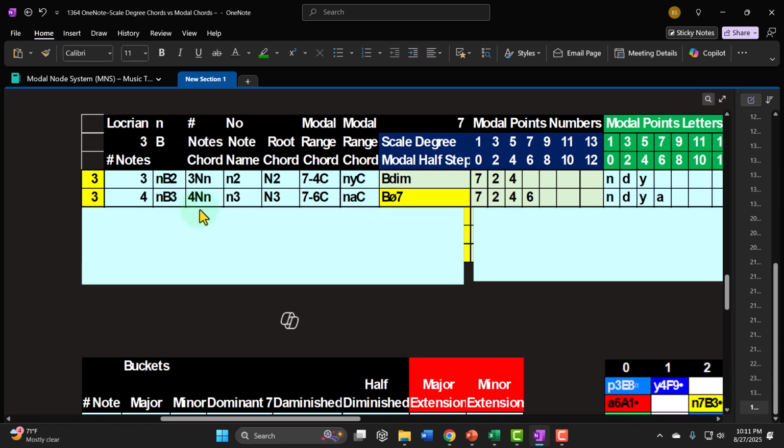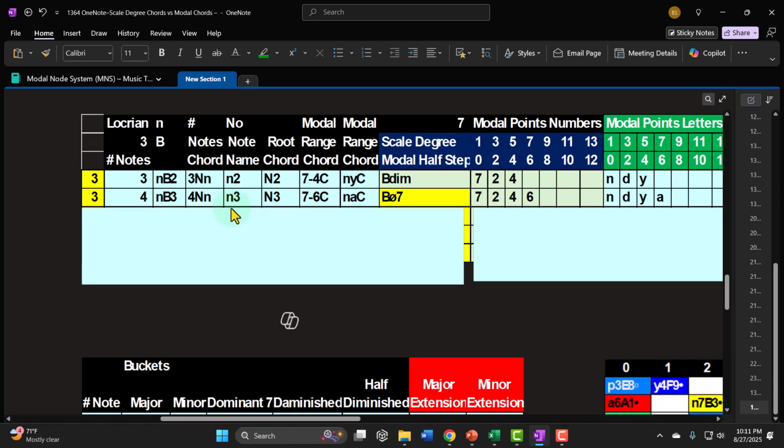So that would be a 4-note Locrian chord, same construction. You just start on the Locrian, and then you take every other modal half step until you get 4 notes. Or you can call it a Locrian B3 chord, 3 modal half steps, if you don't know the collection of notes you're in. If you do, I'd rather call it just a Locrian 3 modal whole step chord, because that